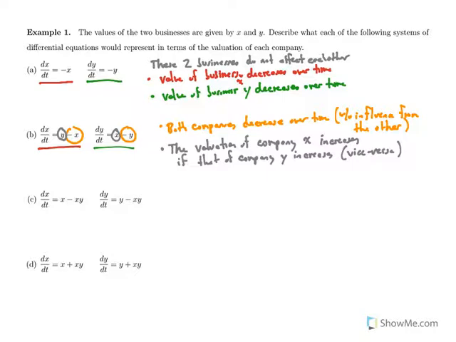So this is like symbiosis, but there's something a little bit different going on here. This is just saying that if company x increases, then company y can increase as well. There's something very simplistic about it, rather than thinking about the number of encounters, where they're looking at each other. So this is symbiosis-like